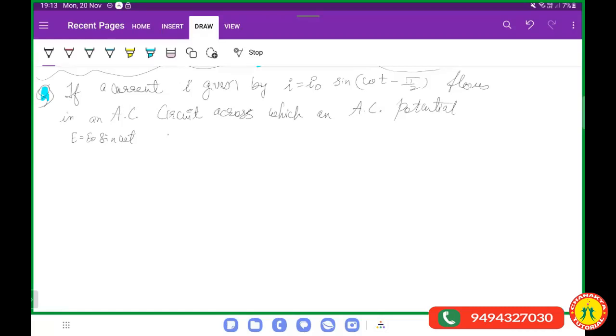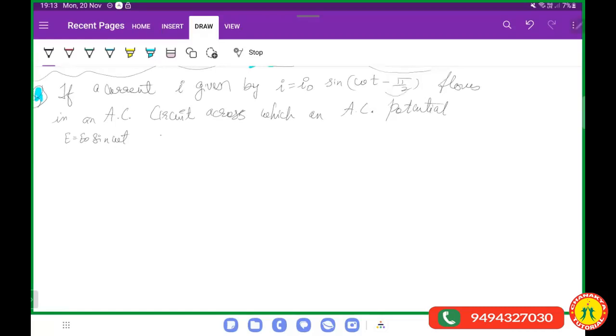See, if you observe that, this is again 90 degrees we will get. So what is the formula? P equals to IV cos theta. So cos theta is cos 90 degrees. Again, this will be 0. This way you can also say, that average value in that question, the average value for that current will be 0 again for one complete cycle, one half, another half. So this answer is also 0